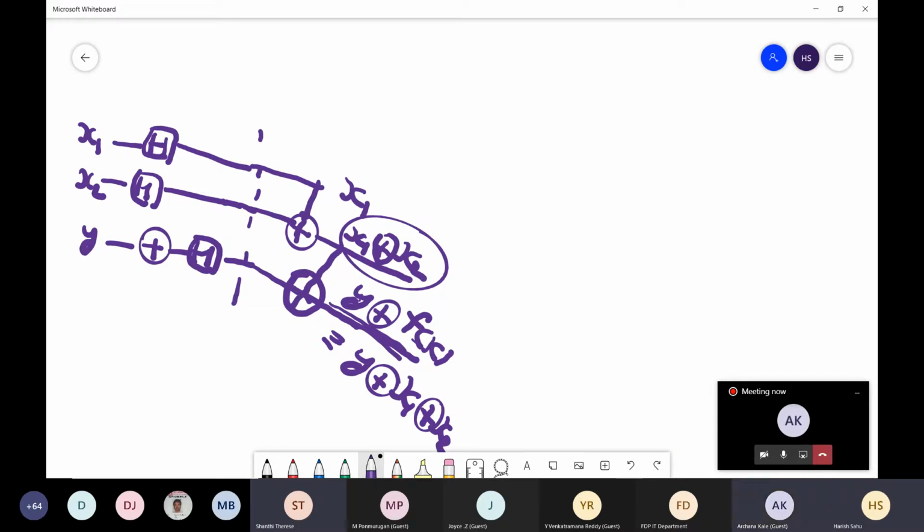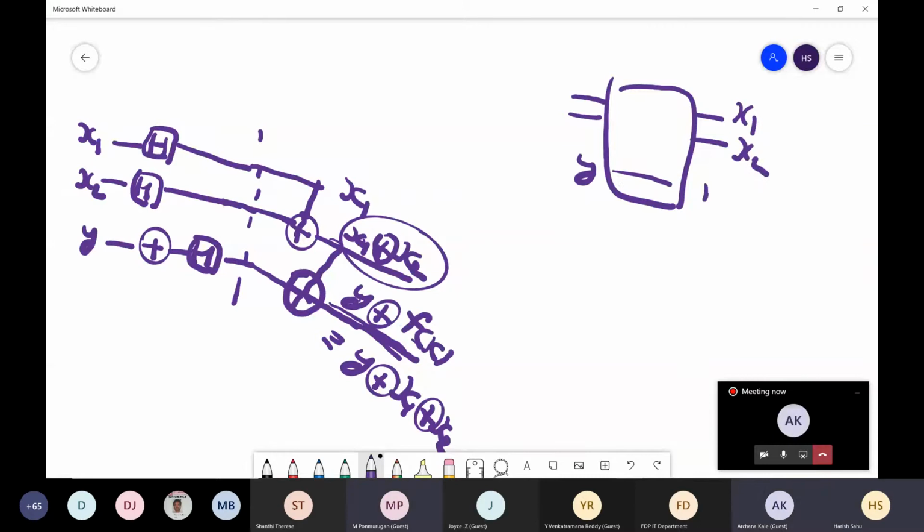But in between, x2 originally became x1 XOR x2. And in our algorithm, we say that this input should remain the same. If you see, the inputs x1, x2 will remain the same, and y will become y XOR fx.